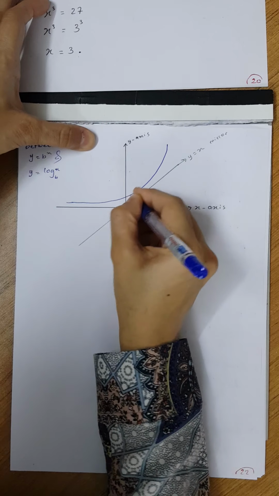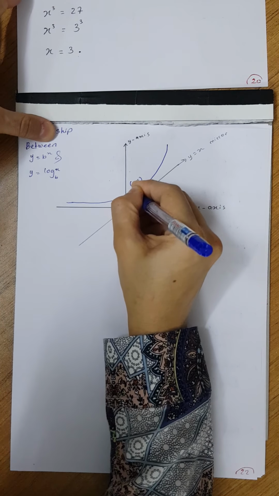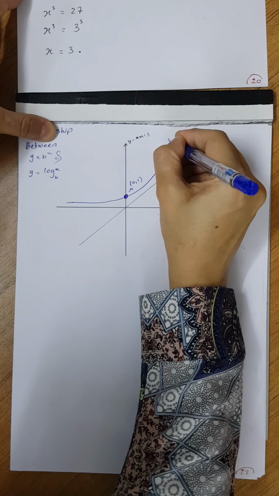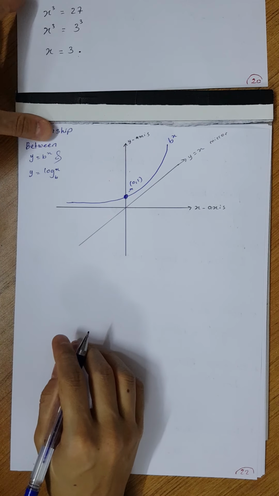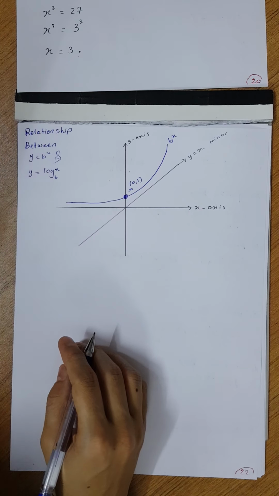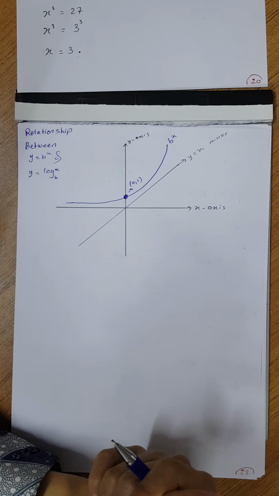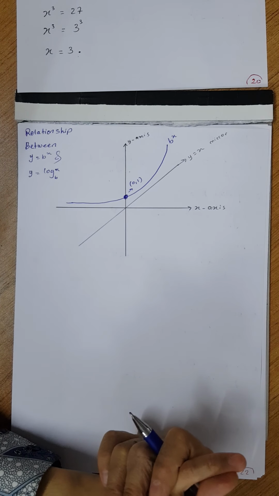Okay, it's of course approaching the x-axis, and that's passing through 0 and 1, that point. Okay, that's b to the power of x. There is a relation between logarithmic functions and exponential functions. Logarithmic and exponential functions are inverses of each other. And if you remember from the previous chapters, we've studied